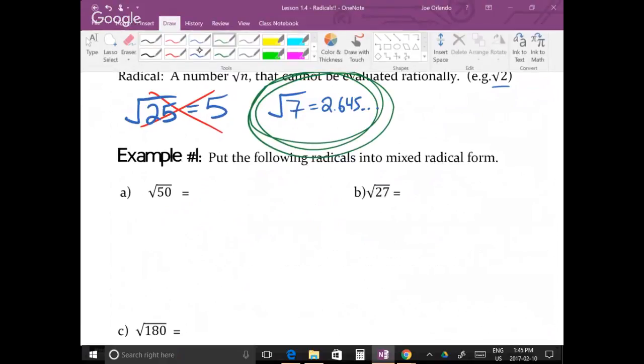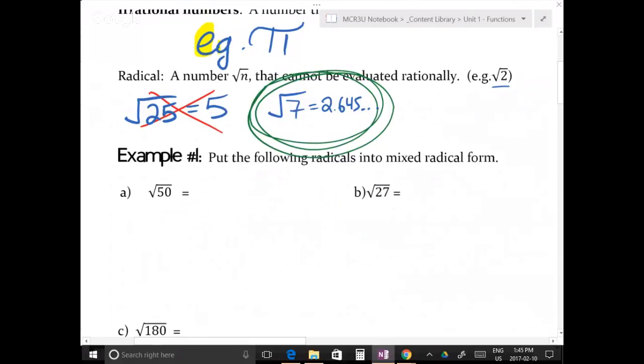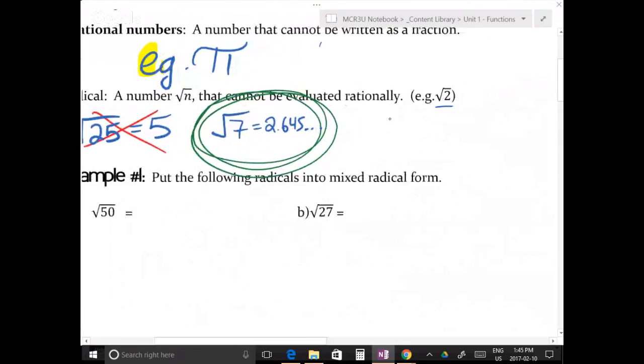And then there's some that get a little bit sneaky, and I'll tell you what I mean by that. We could have something like the square root of 18. Now, can you take the square root of 18? Try it. See what happens. What do you get? 4.242640. So it is definitely not a rational number, right? We get a big long decimal. But, and this is what today's lesson is about,